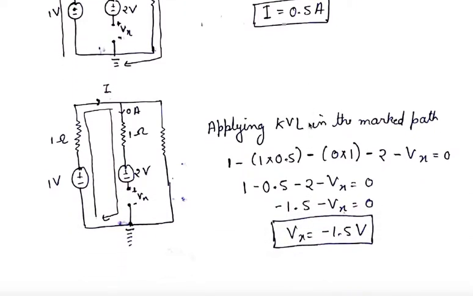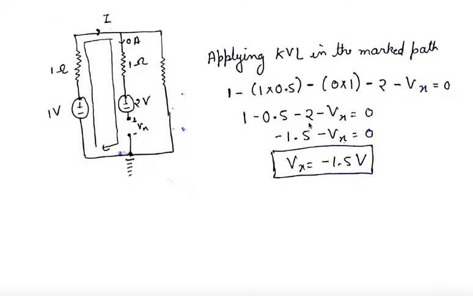We'll again draw one path. We have taken the inside path which is covering our Vx voltage, which we have to find out. So here Vx is open circuit. In the branch here, some voltage is there, but this is not part of the circuit. It is not closing the circuit, it is open circuit. So the current in this branch will be 0 ampere.